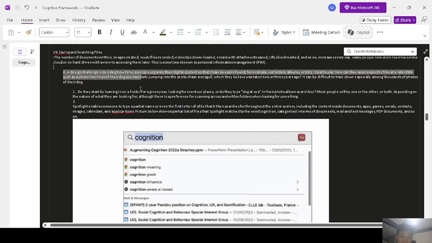A design challenge is deciding how to help people organize their digital content so that it can be easily found, for example, via folders, albums, or lists. In particular, how can they access specific files at a later date, such as a photo they took of their dog spectacularly jumping into the sea to chase a seagull, which they believe was taken 2 or 3 years ago? It can be difficult to track down, especially among thousands of photos of their dog.